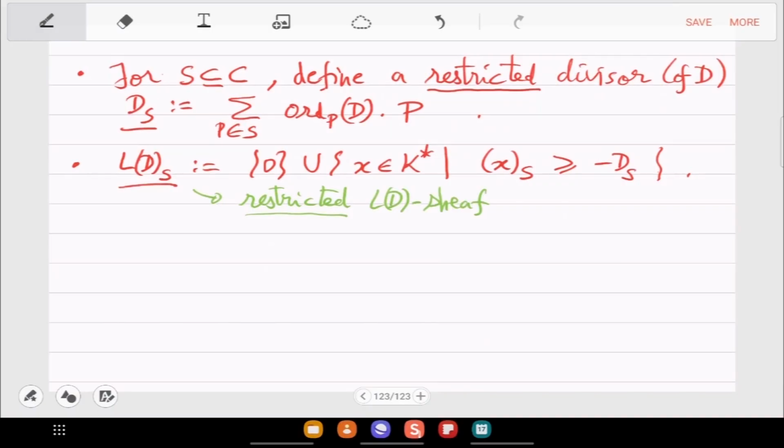If S is disjoint from the support of D, then D restricted to S is just 0. So then this is just saying that collect all the functions x which, and so x sub S means that you are only looking at the points which are present in S. Those can only be zeros. They cannot be poles. Maybe we should take this as an example. It's a good example. So example, if you take S disjoint from the support of D,